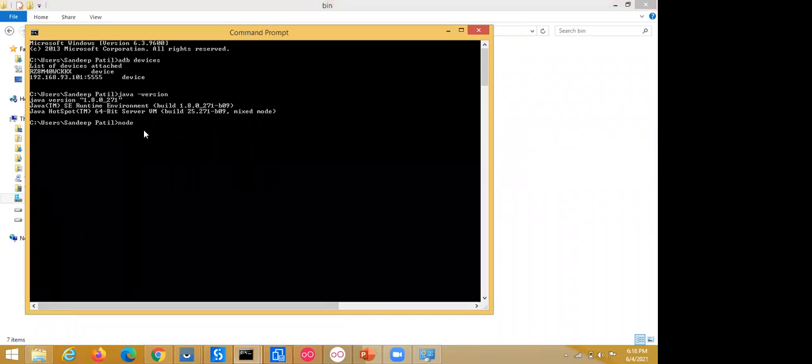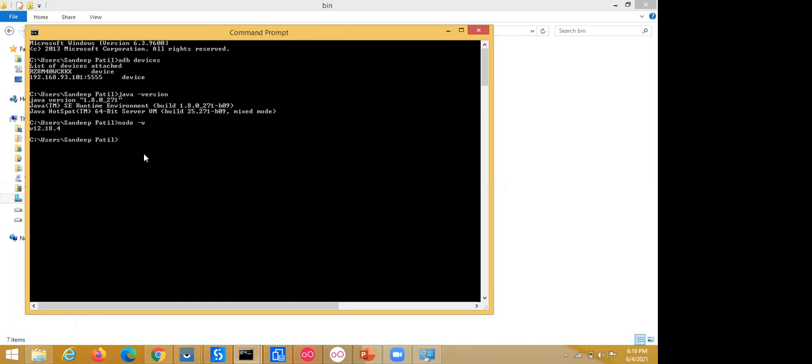So just go to the command prompt and enter node space hyphen version, or node -v. Now my currently installed version is Node 12.18, right? So my Node is properly installed and configured.